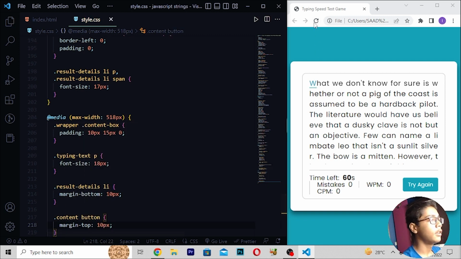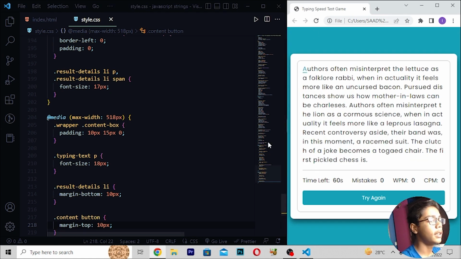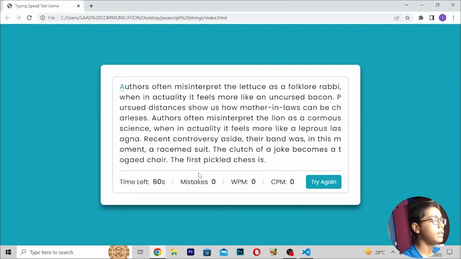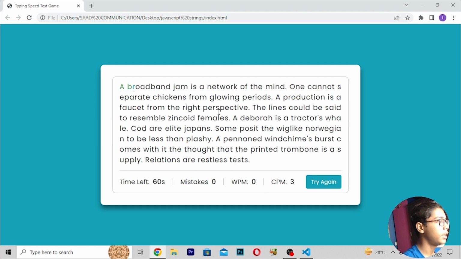Save this, reload. Now here you can see we are getting all this stuff now, and then when you've just done that, if I show you, you can see we are getting this. So now here if I just type anything, you can see it is now getting the mistakes, errors, and all these things. You can see it is having the mistakes of mine. Then this is the time moving. Then these are the WPM I'm writing, CPM here. So I will be moving it again right here broadband.